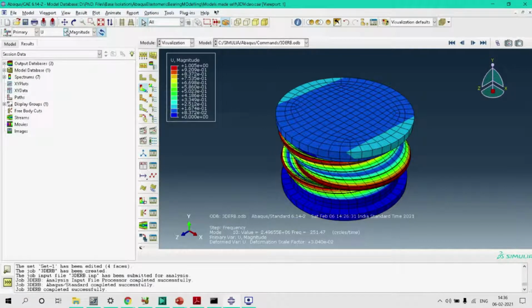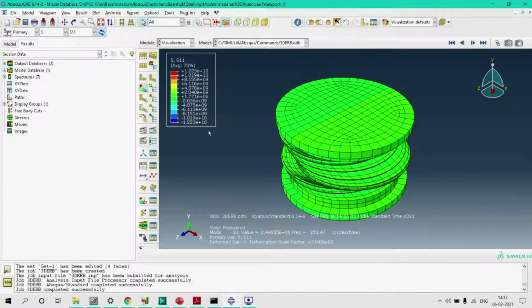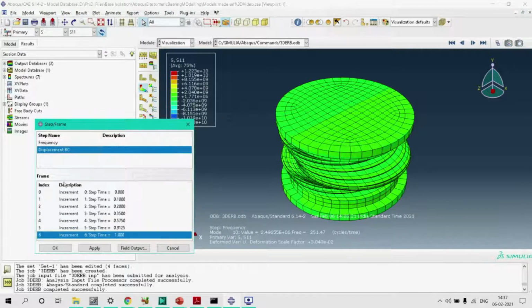Now we can also find the various types of stresses, like I can find the normal stress S11 because of the load application. Now the loads are also applied in different incremental steps, as we can see here, the incremental time steps have been given here.